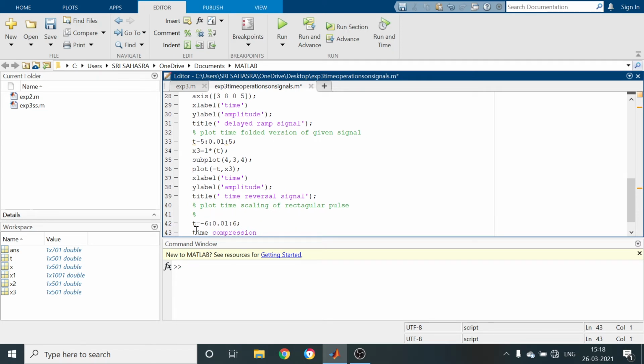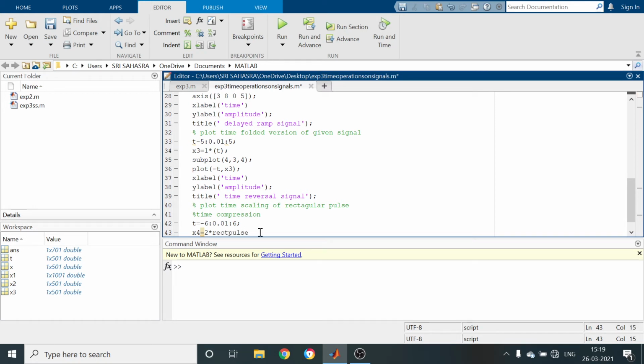Next, I am going to define. Already we finished x3. So now I am going to use another variable x4. x4 equal to 2 star rect pulse.